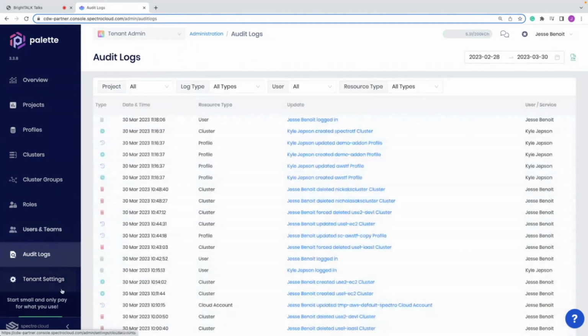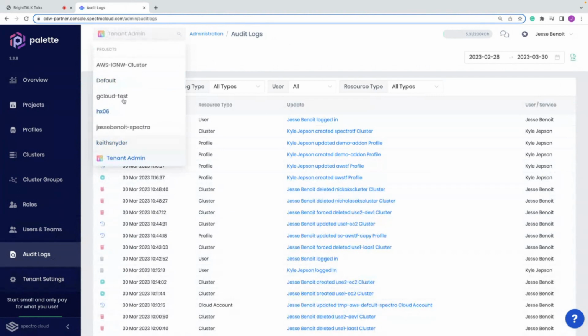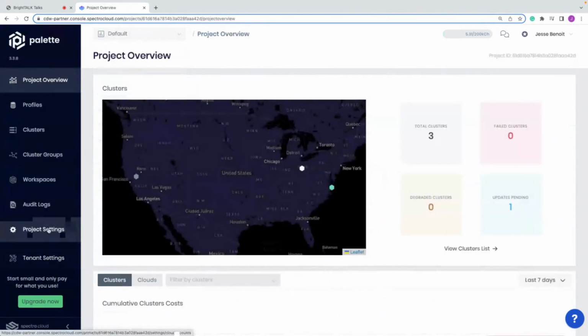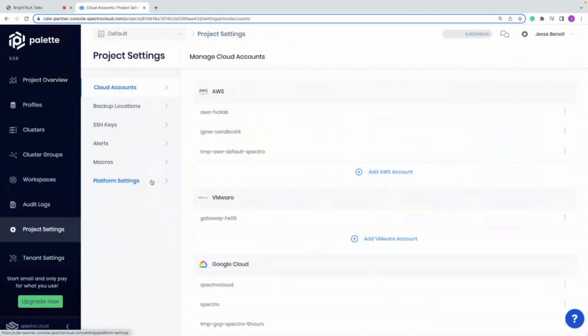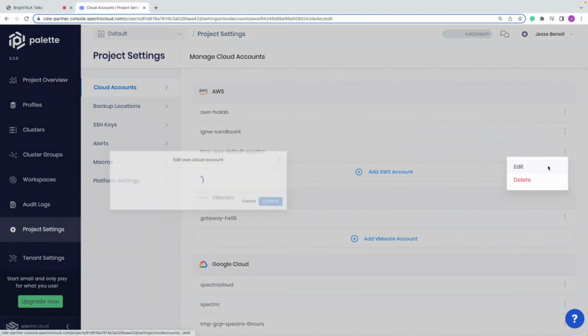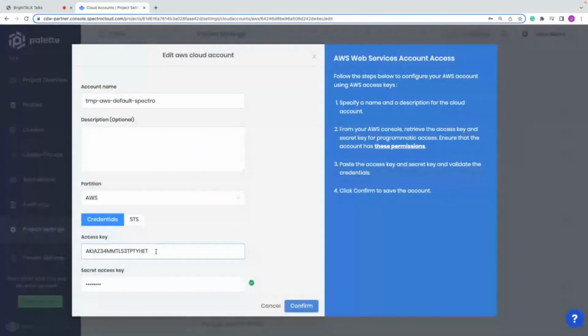And then we also have the default project settings, which are just limited in scope to that project. So here in this project, to make a long story short, I set up my AWS cloud account. If you come in here and take a look at this, I've set up the access key and the secret access key, which was provided to me with Amazon. And you could do this with any cloud account.